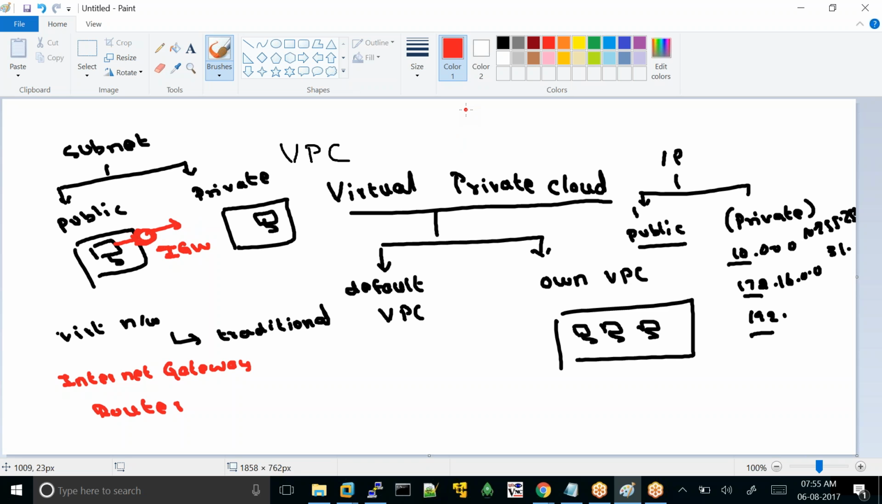How can the data be transmitted? It is the responsibility of the router. You need to configure a router for each and every subnet, whether it is a public subnet or a private subnet. If it is a private subnet, the router is configured with the private IP address, the subnet address,